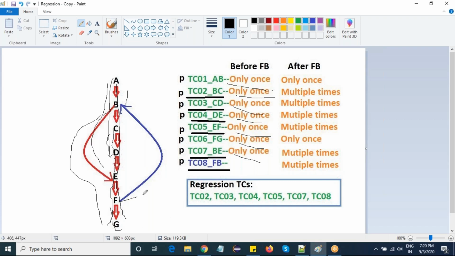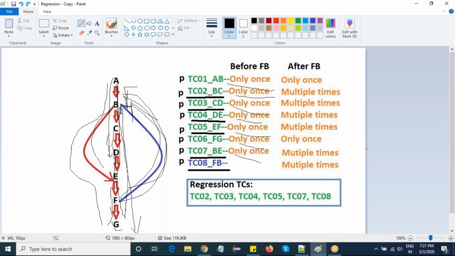So whenever this new code is added, it creates problems for other flows. Let's consider an example: the developer has written only unidirectional flow without this component. Whenever this component is added, take an example: A to B, B to C, C to D, D to E, E to F, and F to G. After F, the user goes directly to B. When the user is from F to B, he can't come from B to C because the developer has already written that he can go only once from B to C. So the developer has to change the code so that he can go multiple times in this loop.